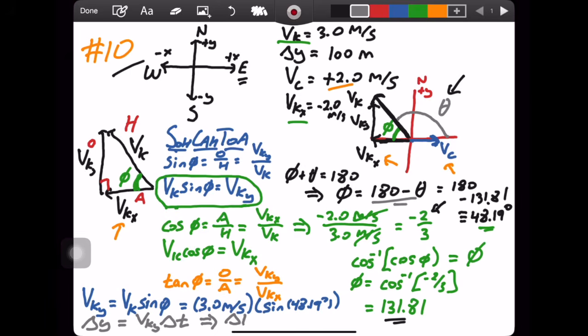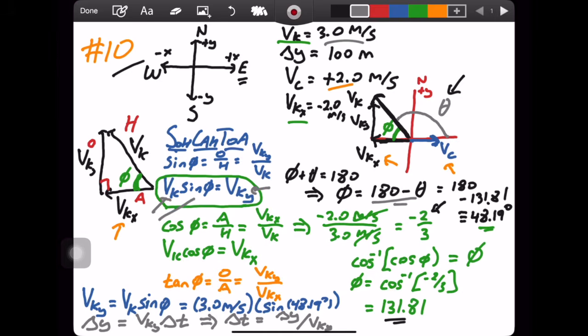So delta t will be equal to delta y, that's 100 meters, the width of the harbor, divided by the velocity of the kayaker in the y direction. You have all of that now because the velocity of the kayaker in the y direction is just the velocity of the kayaker, which you know is 3.0 meters per second,